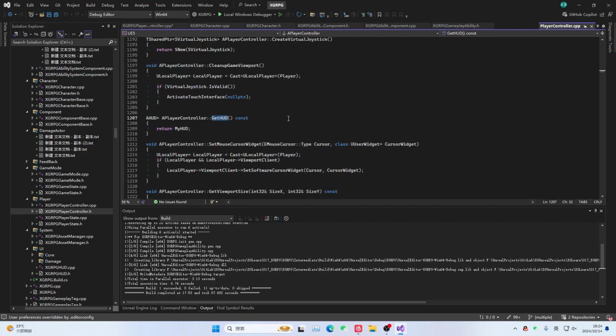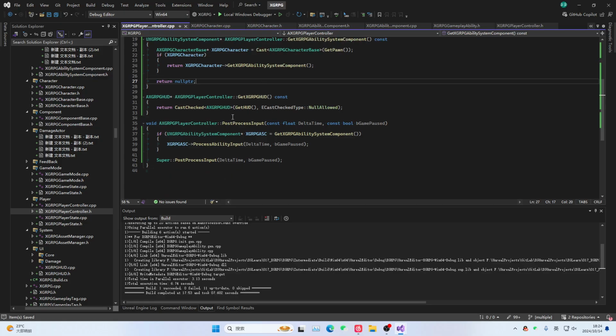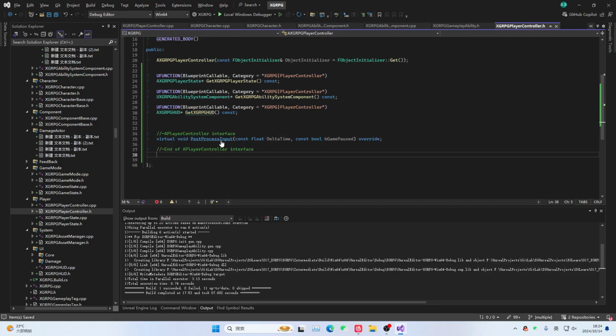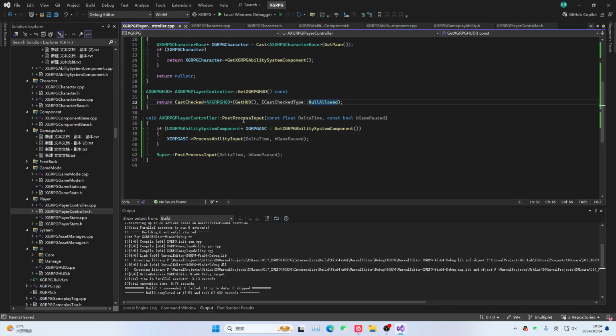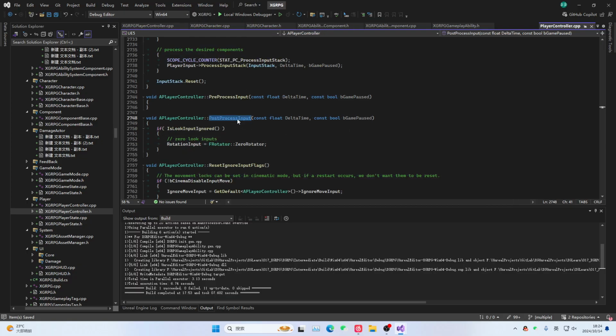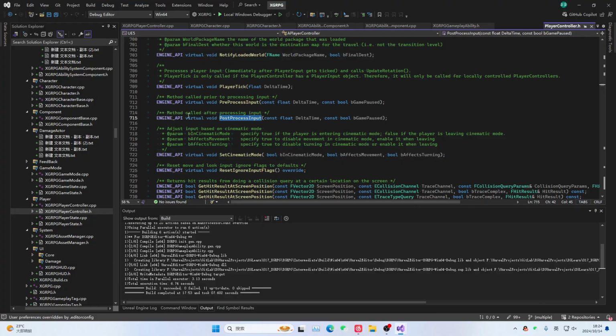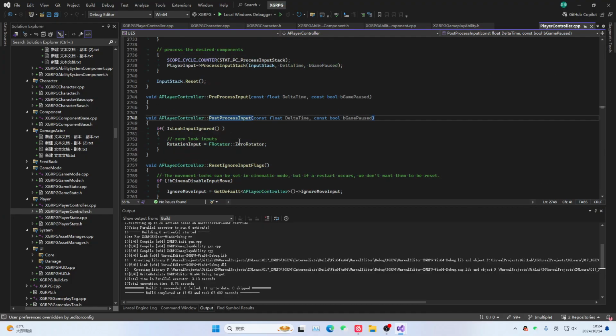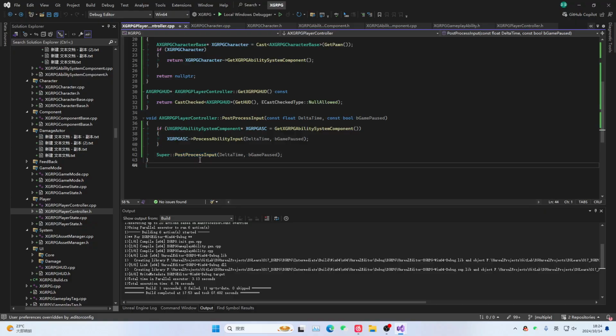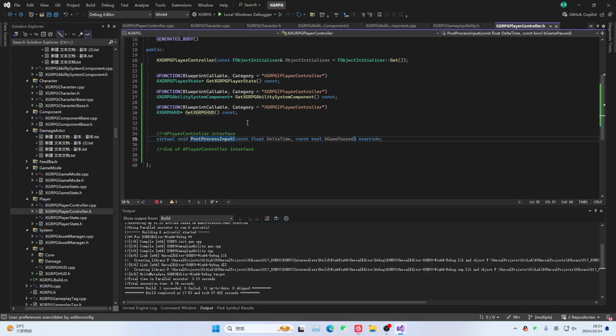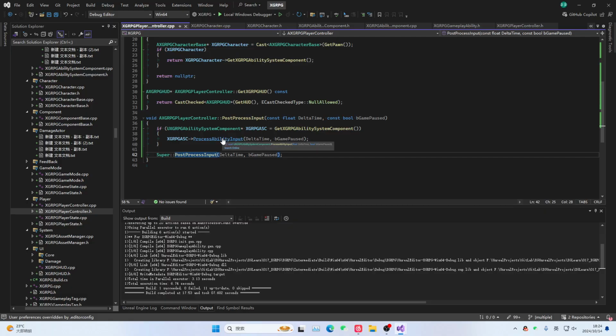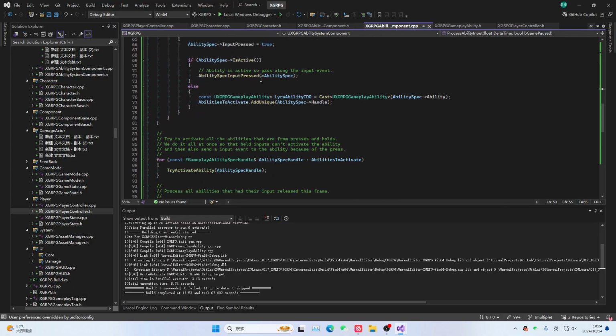This is its parent class method. We'll just convert it ourselves. Then we input here. You can see the parent class comment here. We give a super. Let's go in and look at the comment for its parent class. It essentially means once there is input, it will process this method. Then by calling this method, we can process it in the ASC, a series of tasks we perform in the